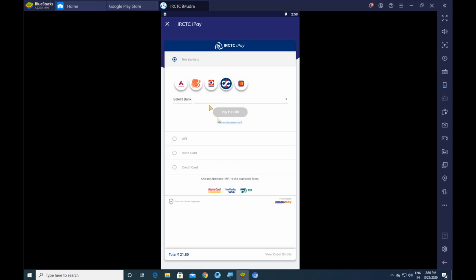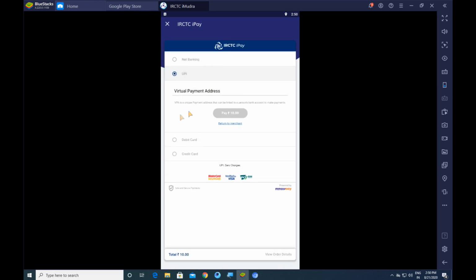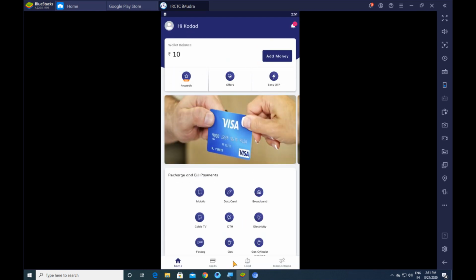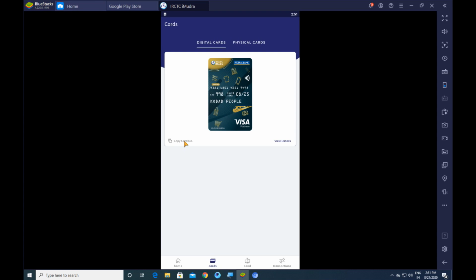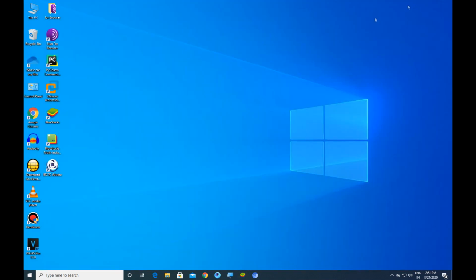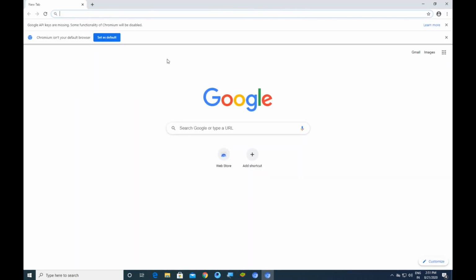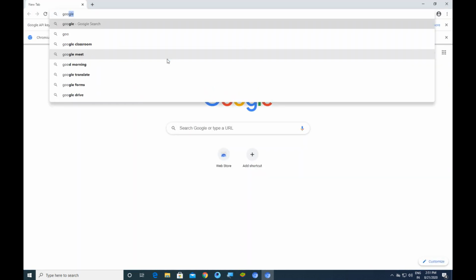Because while signing up in AWS, it will take a charge of 2 rupees, but it will be refunded in one day. In order to continue, we should have balance in our wallet. So please add the money to the wallet, and now copy the details of the card and let us go to Amazon Web Services and let's get started.